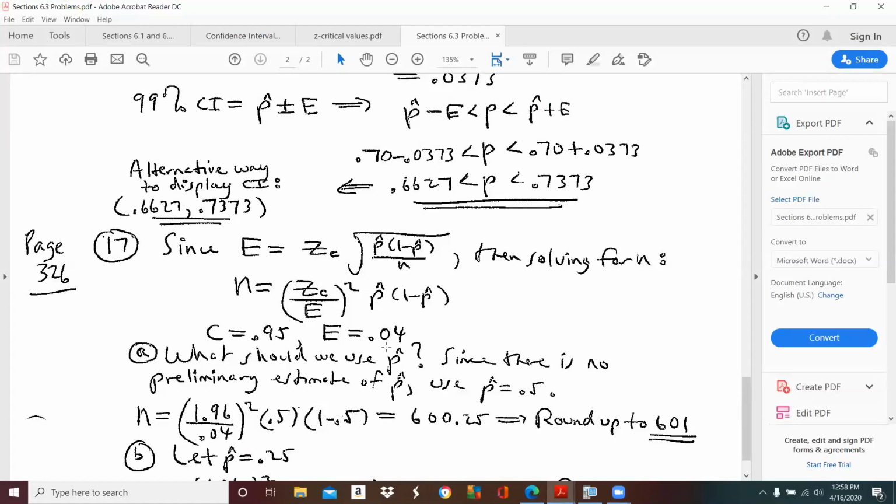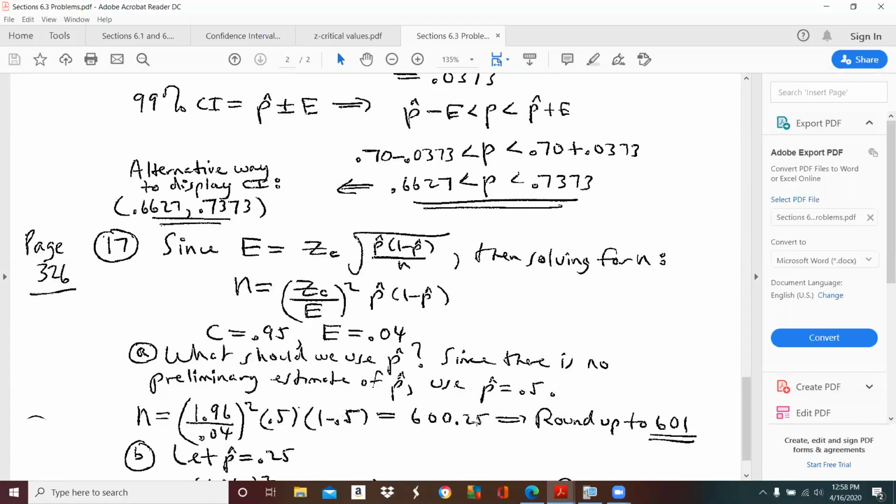For e, we're going to fill in the 0.04. And then because there's no preliminary estimate of p hat, we use 0.5 for p hat, and 1 minus p hat is also going to be 0.5. So fill this all in. We're going to square this ratio, multiply it by these two numbers here, and we get n is equal to